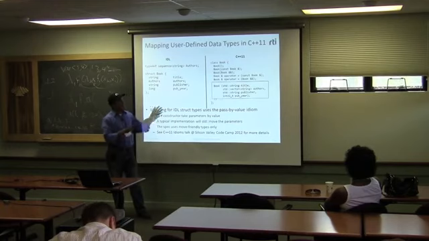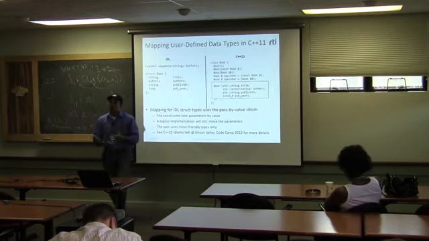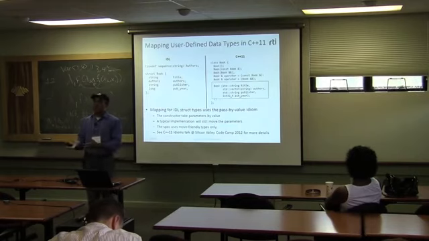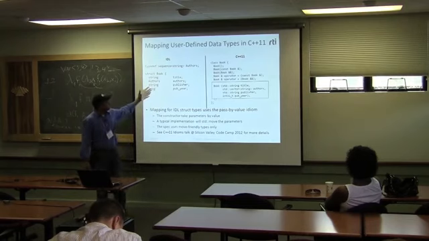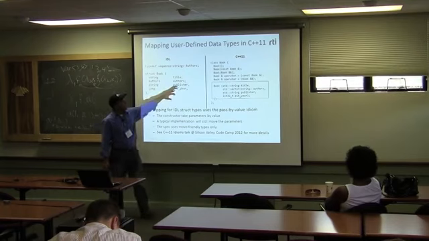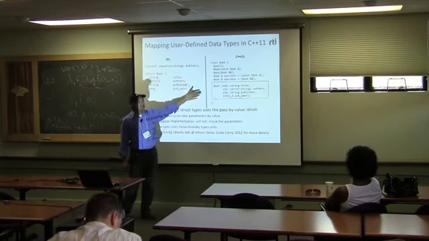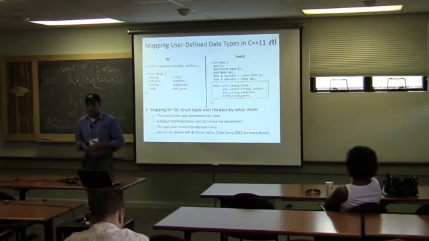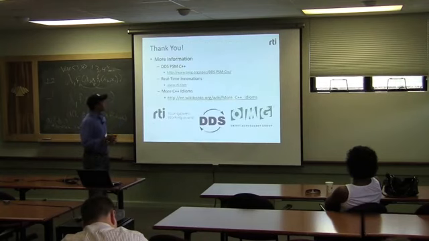So this idea is what we borrow from IDL to C++11 by just using that specification. So if your radar type or your sensor data, you're declaring it like this, you use the generator, you will get these kind of nice optimizations that are baked into the specification. And I guess that's pretty much it.